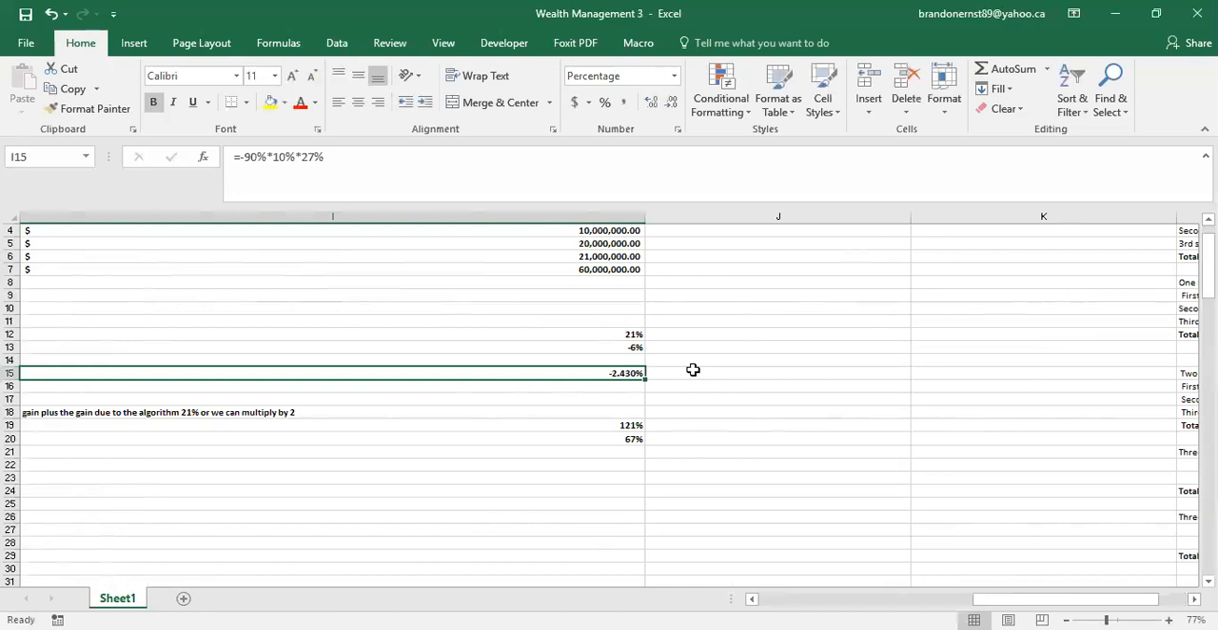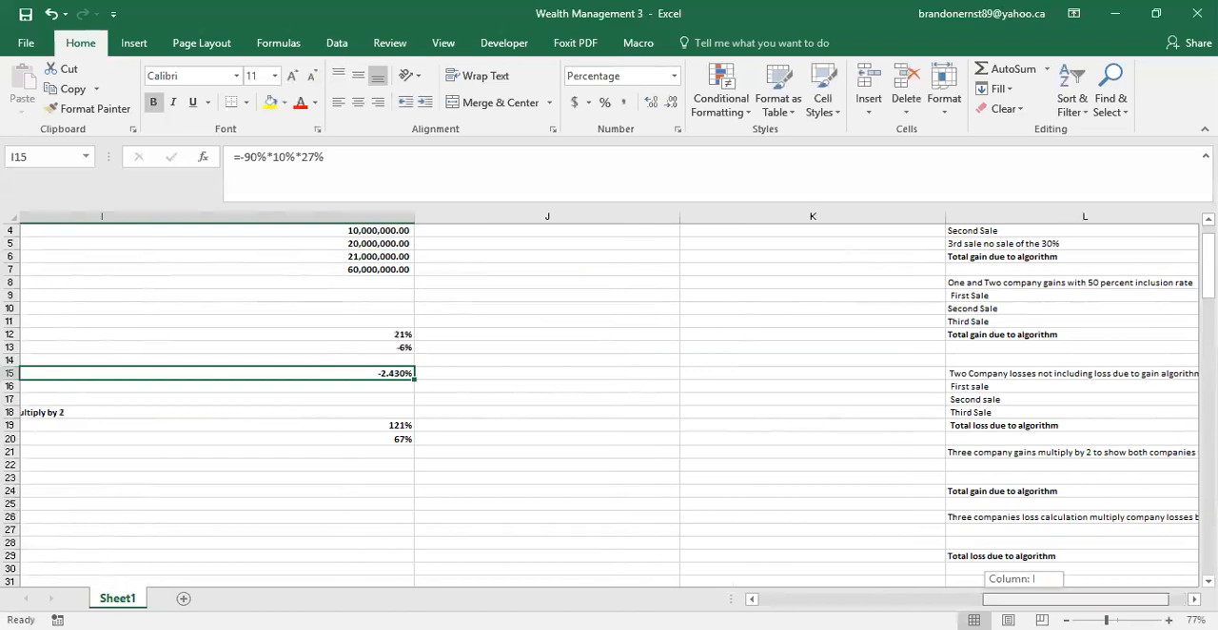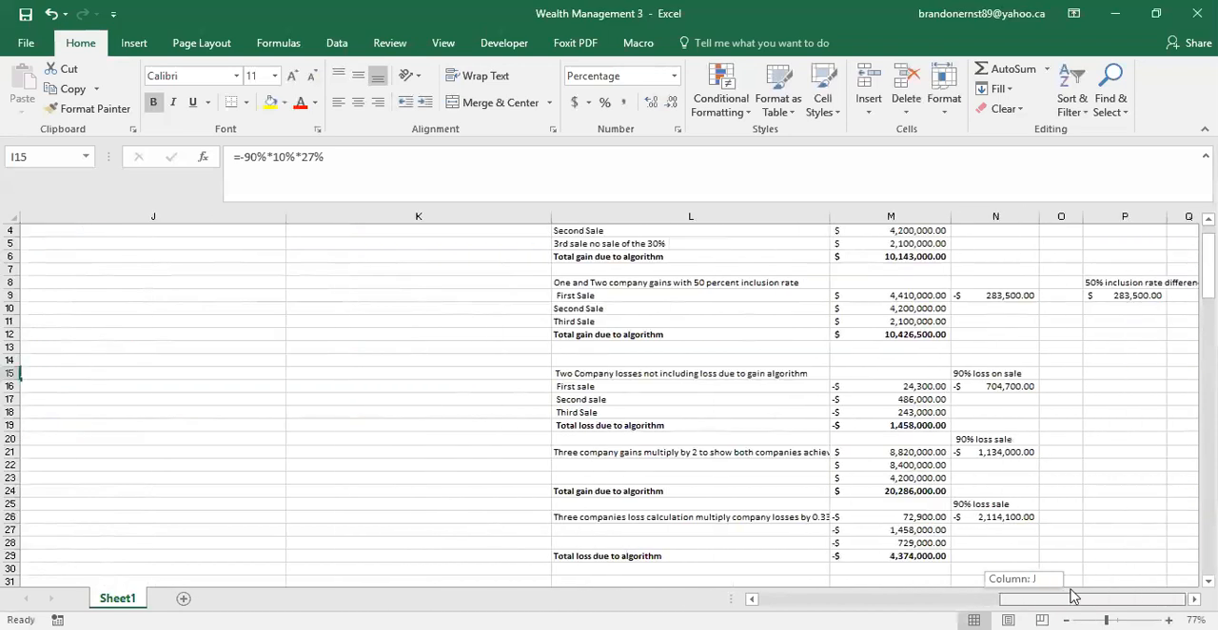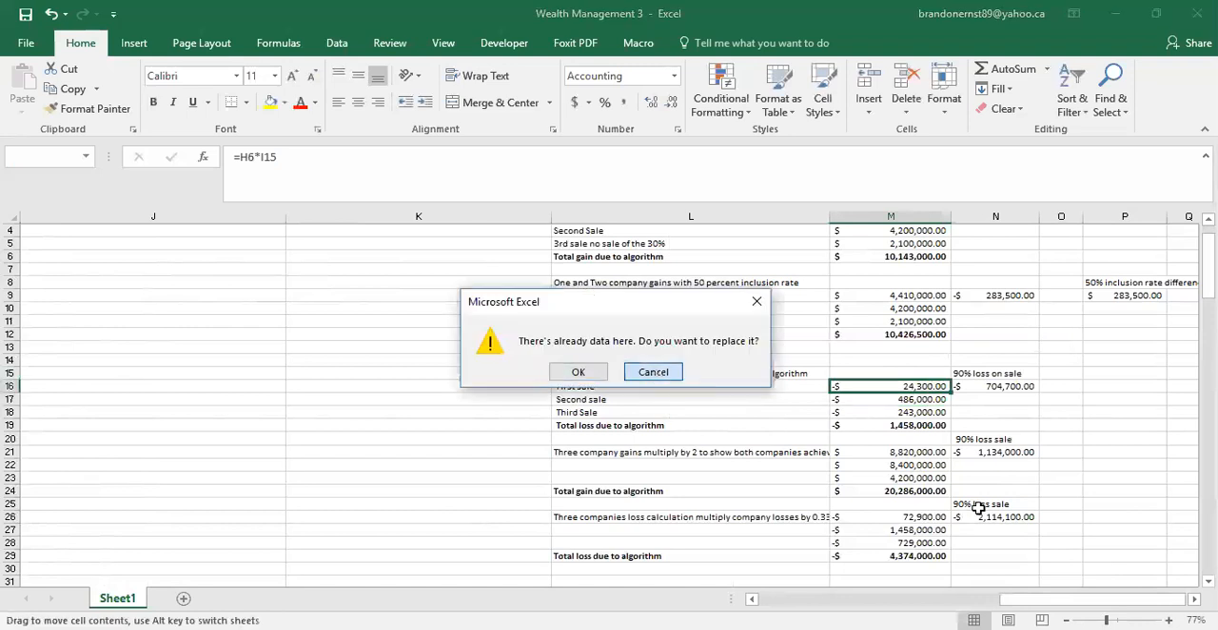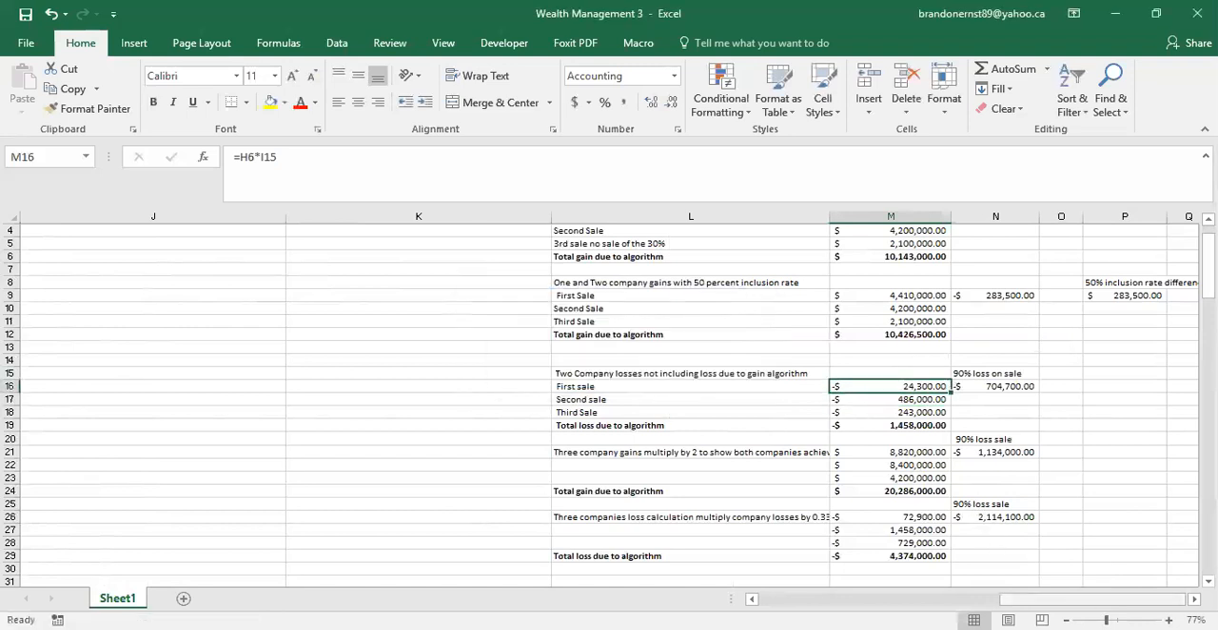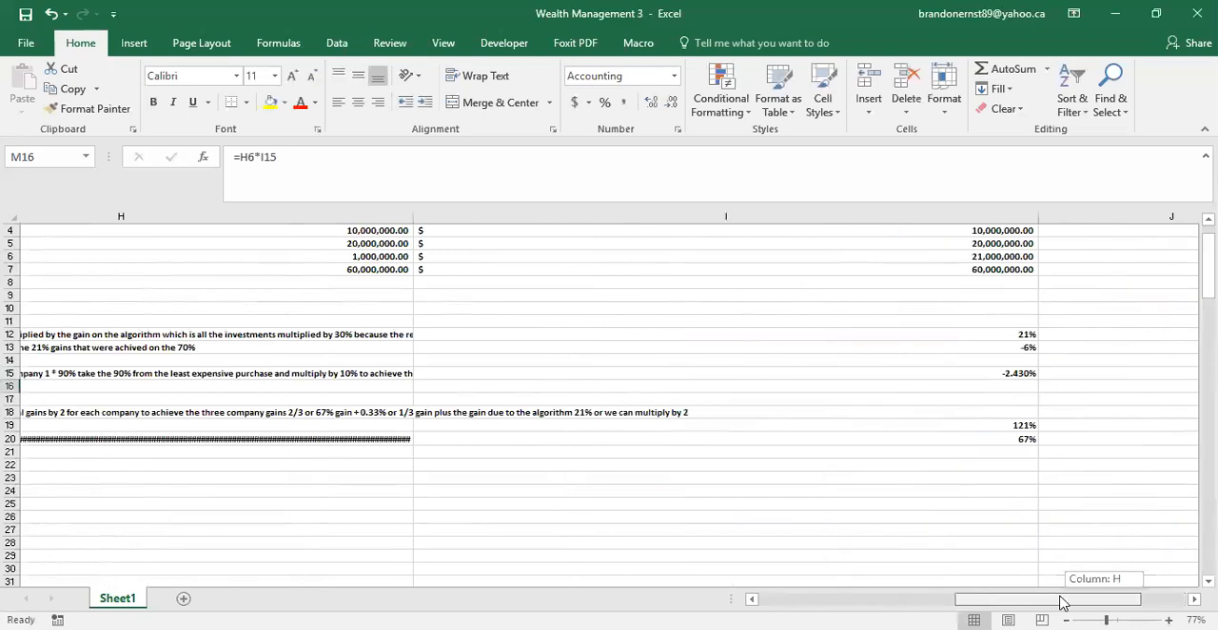around and sell it. So basically what they're doing is reducing their losses as best they can to achieve a gain. What they've achieved is 2.43 on their losses. Their loss would look like